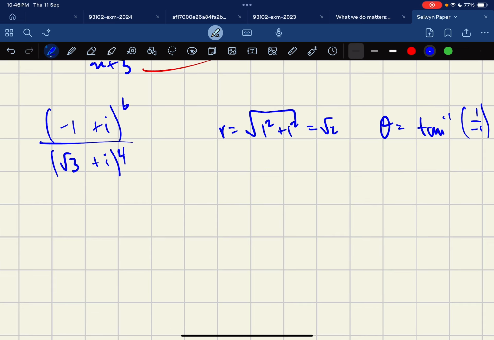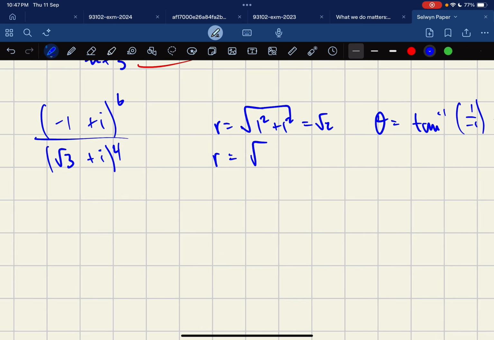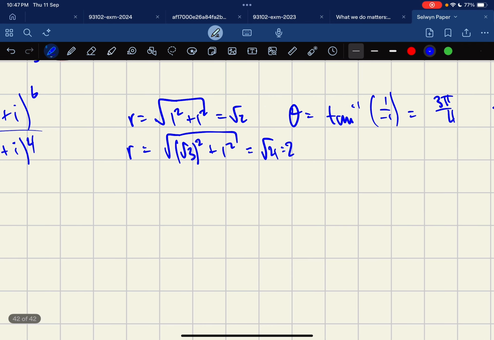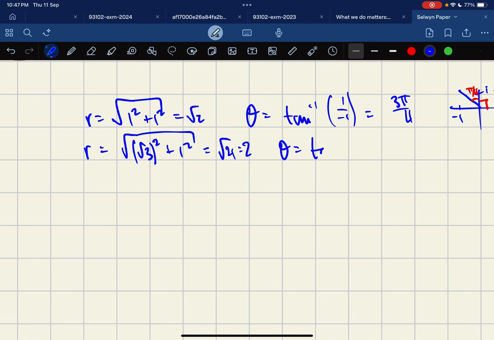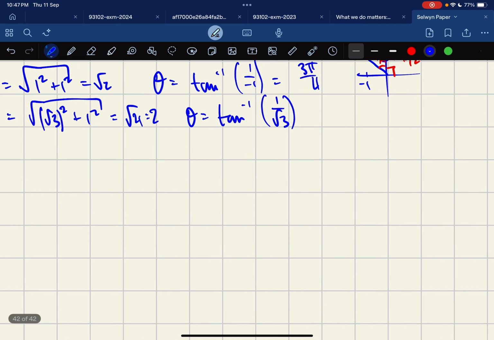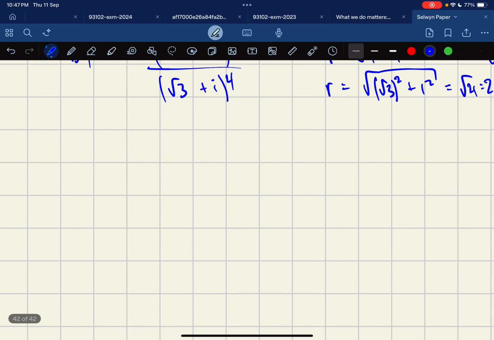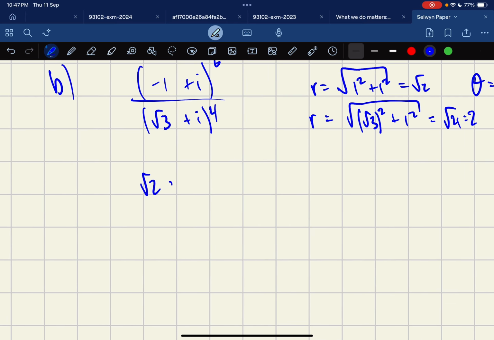Anyways, the bottom one, the modulus is going to be the square root of root 3 squared plus 1 squared, which gives you root 4, which is 2. And then the argument is going to be the inverse tangent of 1 over root 3, which gives you pi over 6. So now converting this into polar form, you have root 2 cis of 3 pi over 4, and all of this is to the power of 6,